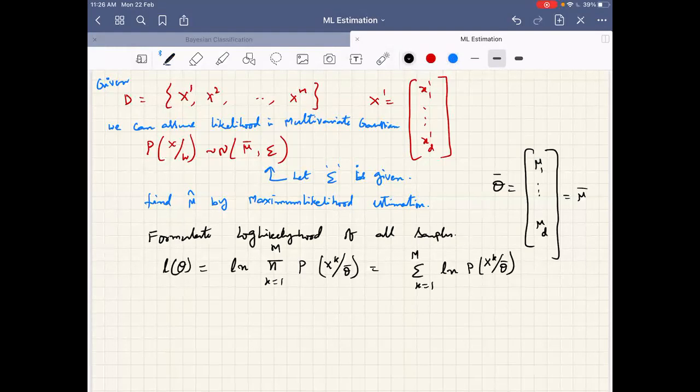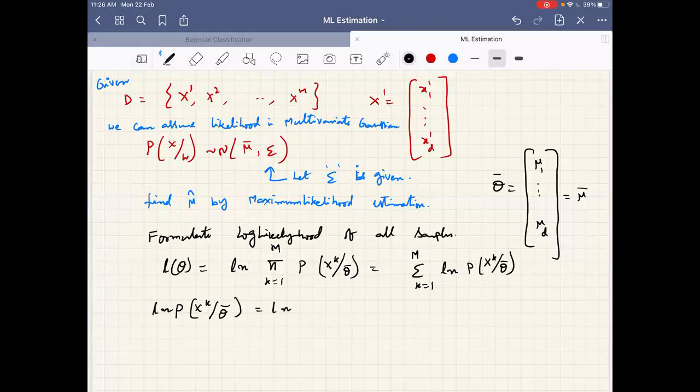What should be the next step? We have to expand and then separate. Yeah, so let us write first p of xk given theta, because it's the multivariate case. In fact, we can write ln of p of x given theta itself. So let us write with ln, and we will expand in the next step.